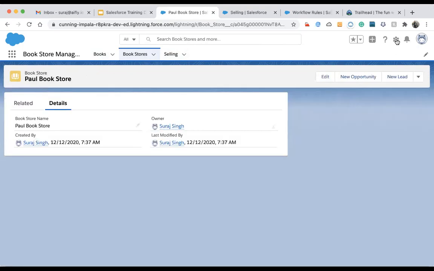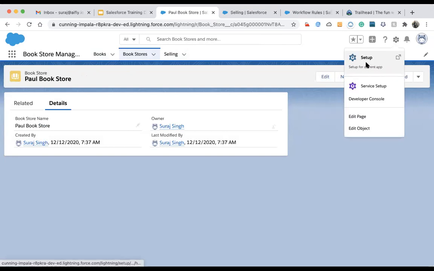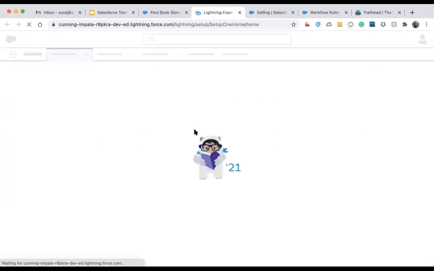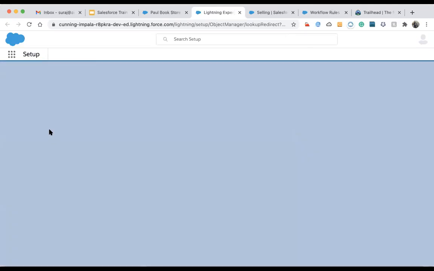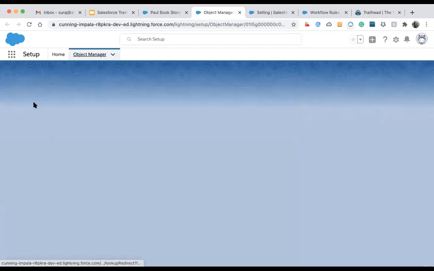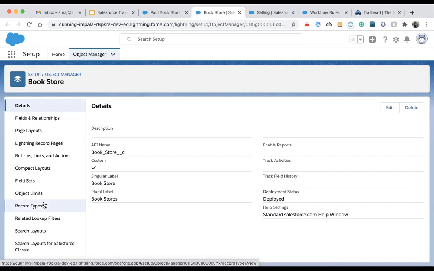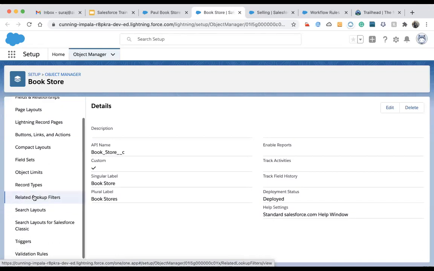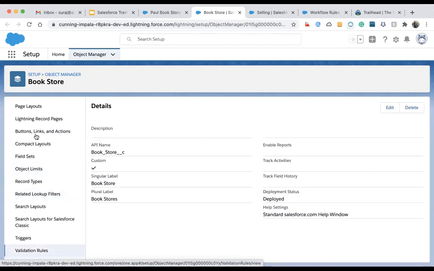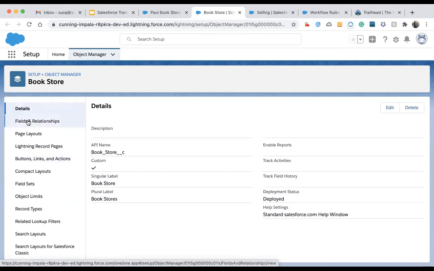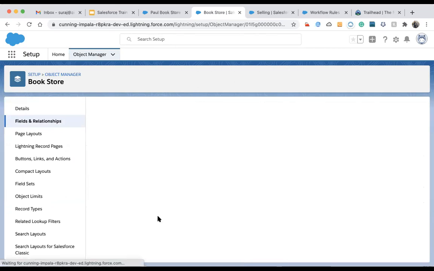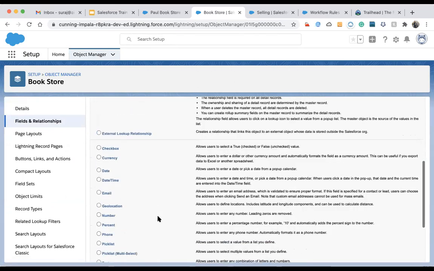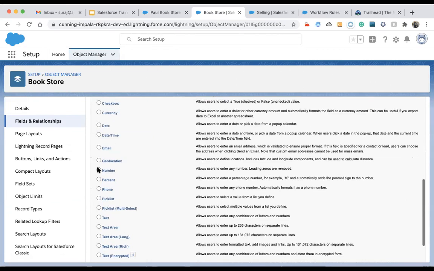Suppose, instead of going to the setup, let's go to the object and add a field called default due date, a number field.